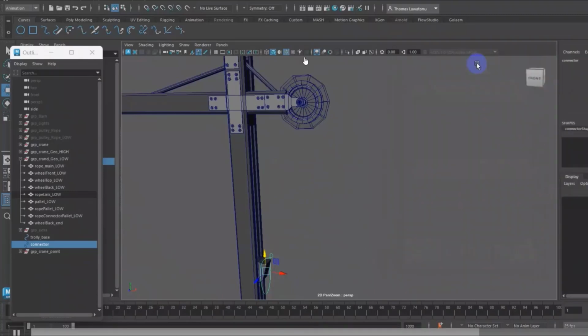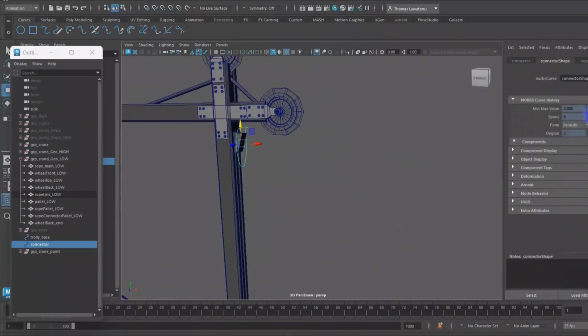I think the wheel is already done right now. Okay, now we test the constraint. Okay, this one. I think the next will be setting the limit. So we go to the channel box, where we change the limitation, to put these limitations.